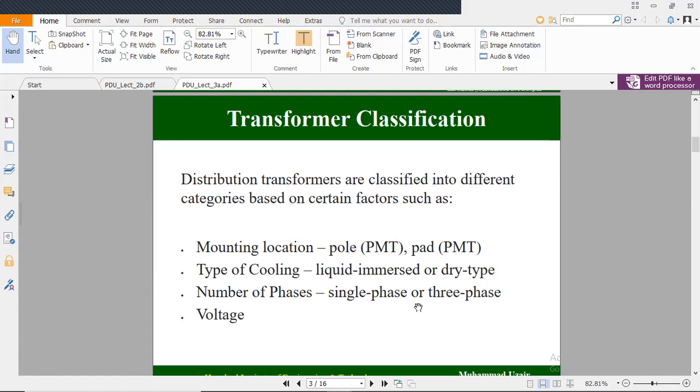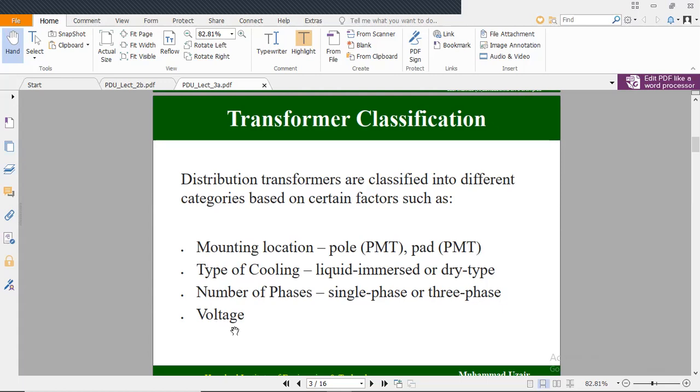We also discussed these things in my previous lecture sessions. You can also see the recorded sessions which I already uploaded in my channel playlist, Power Distribution and Utilization course. And the things you already studied in the electrical machine course, the construction, winding, and other categories. The transformer is also classified on the voltage pattern.